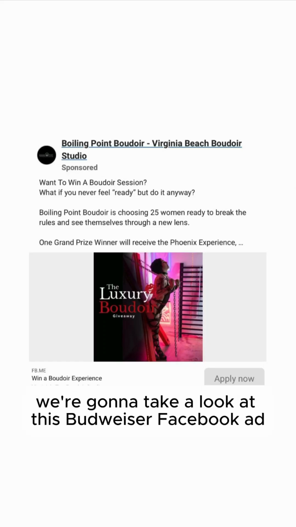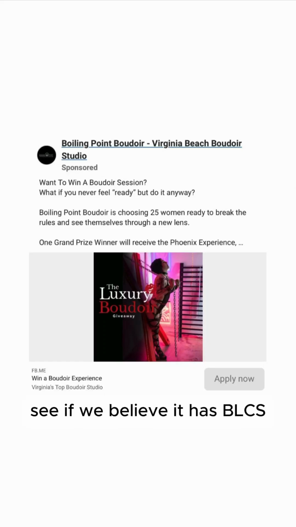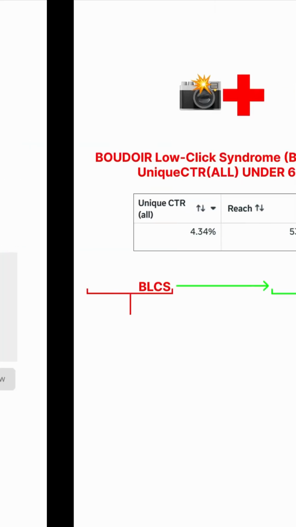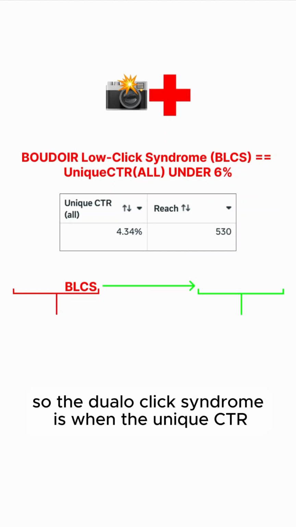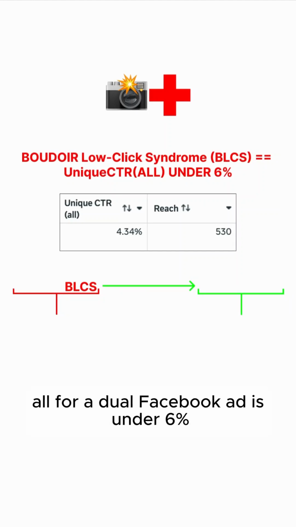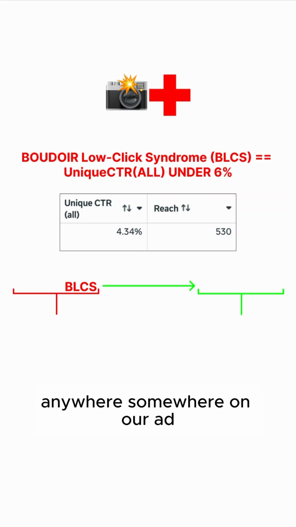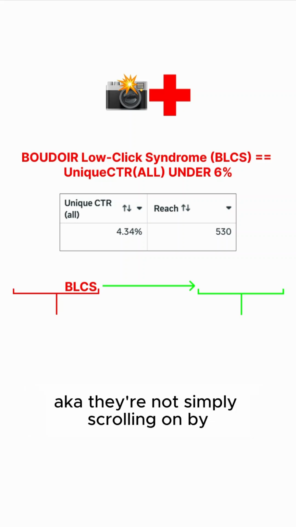All right, y'all, we're going to take a look at this Boudoir Facebook ad, see if we believe it has BLCS, aka Boudoir low click syndrome. So Boudoir low click syndrome is when the unique CTR all for a Boudoir Facebook ad is under 6%. That means fewer than 6 out of 100 women are clicking anywhere, somewhere on our ad, aka they're not simply